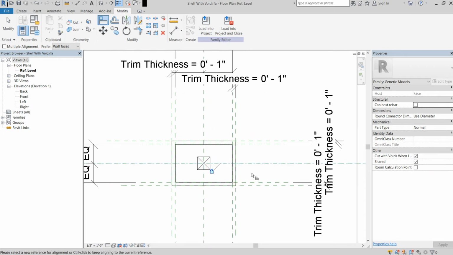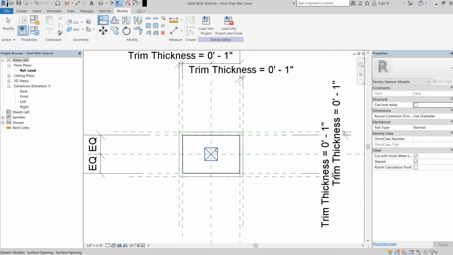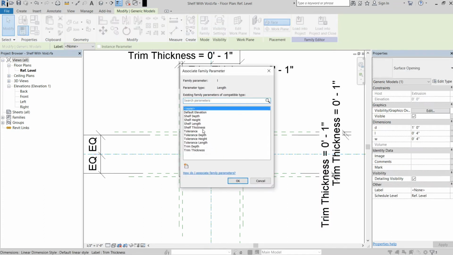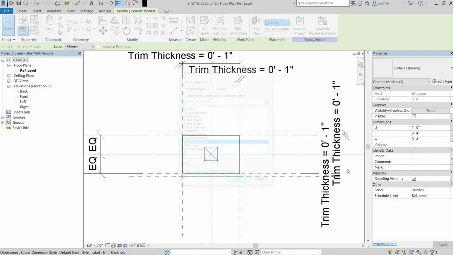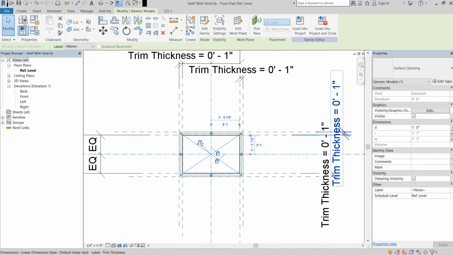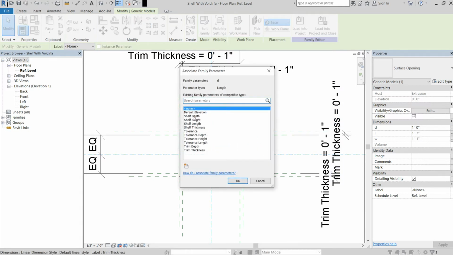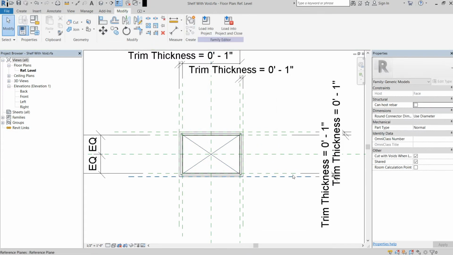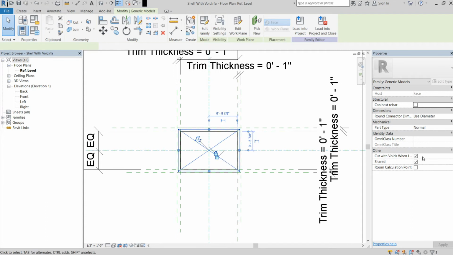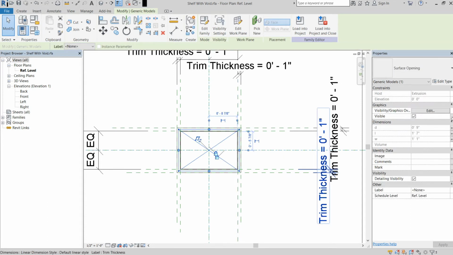Same thing. And then we're going to use associative parameters. Again, we're going to select our void. We're going to go to the length. We're going to go to tolerance length. We're going to do that for each one. Then the one last thing we need to do is attach that visibility parameter that we added,